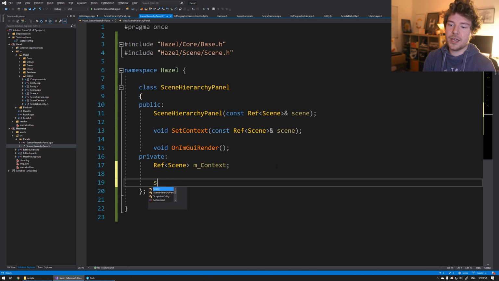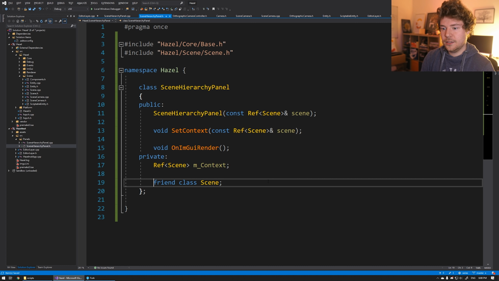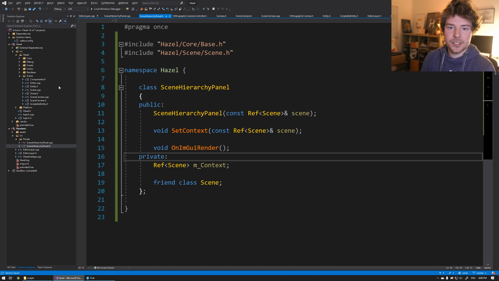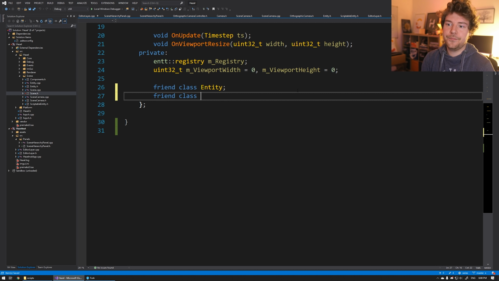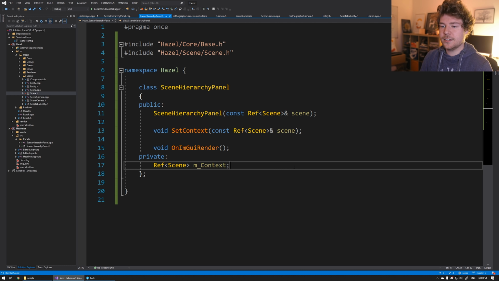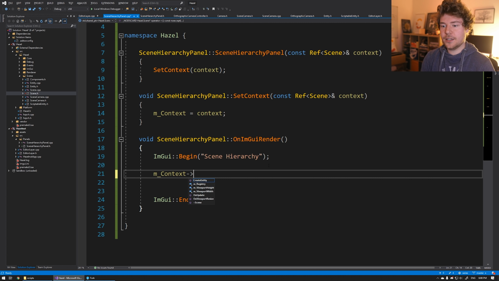So what we'll do is we'll say friend class scene, so that we can let scene access all of our private stuff, except actually, I just realized that this is going to be a little bit different. We're actually going to go to scene, and we're going to do friend class scene hierarchy panel. So that's going to allow us to access all of this stuff. I don't think scene needs to access this. And so what this should let us do is hopefully inside context,